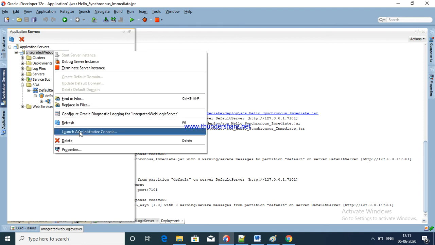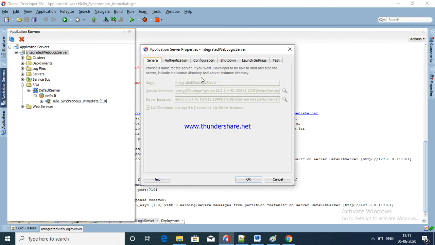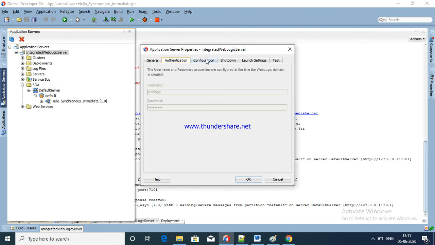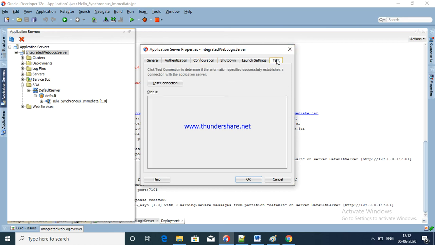Right click, properties, authentication, configuration, default domain. You have to give default domain here. Okay, success. We will see in the next video how we configured it.